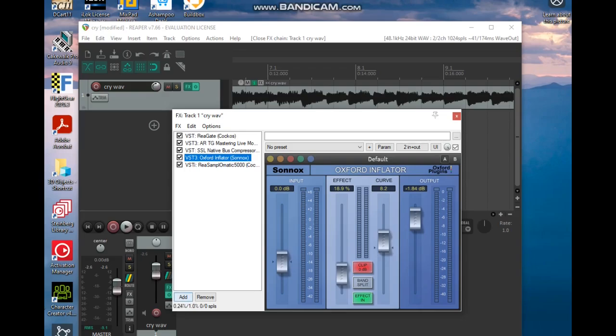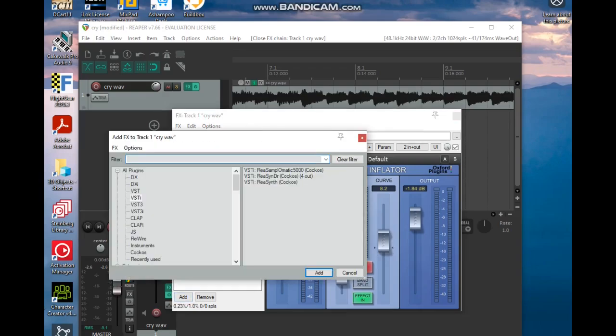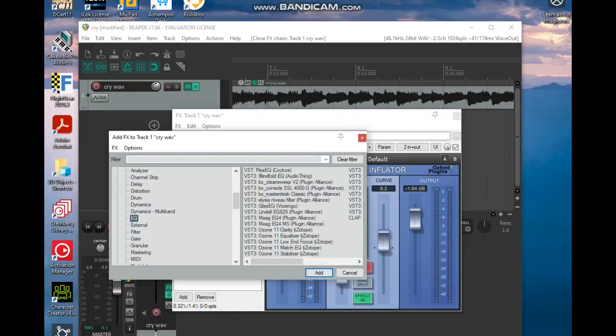And if you want to add a different mastering setup, you can just go into your plugins and pick what you want to use. Let's say EQ, and it can bring up. Reaper has their own plugins too.